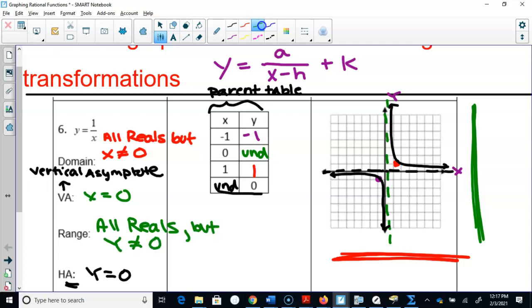Okay, so what do we have here? We have our parent graph. We have our table that goes with it. We know what that graph looks like. We've talked about the domain, that's all the x values that will work for this graph. We've talked about the range, all the y values that will work for this graph. We've also talked about what that vertical asymptote is and that horizontal asymptote is. Let's go ahead now and start graphing some different rational functions using